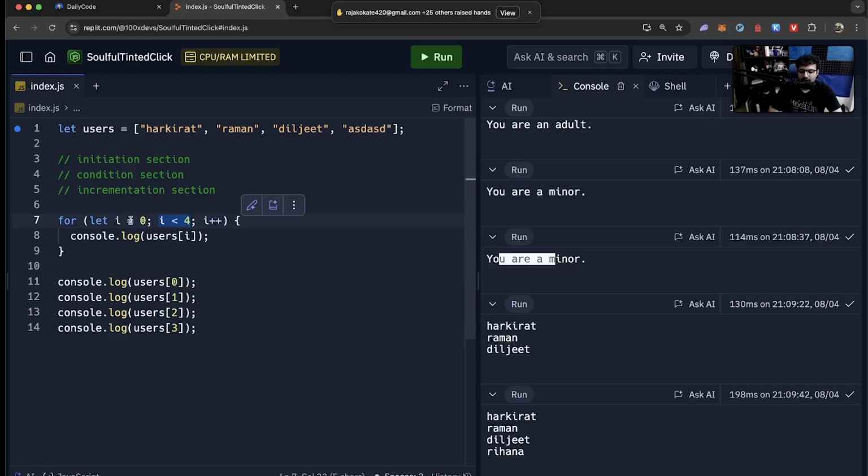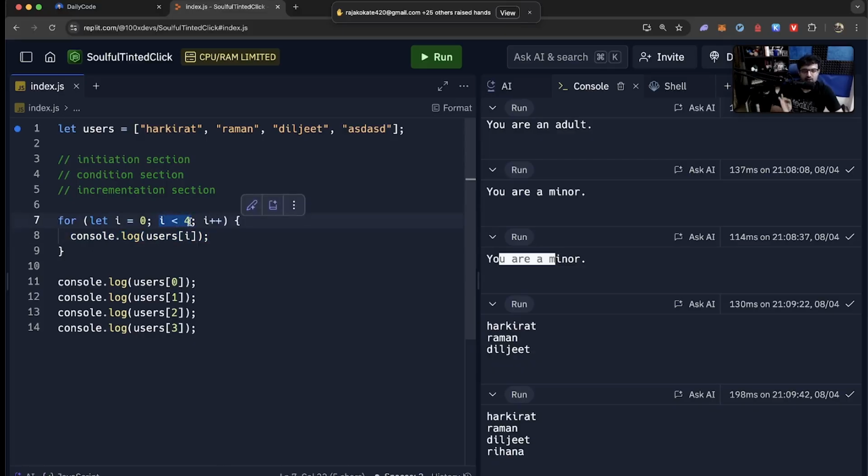Then you check, is this condition true? I repeat, first this will run. Whenever control reaches here, okay, variable gets defined. Control reaches here. Initiation section. Initiation means the first time. First time when it runs this specific code once, i gets initialized to 0. Then it does the condition section in every loop. I repeat, this section runs, i is less than 4 runs, and then it goes in here.